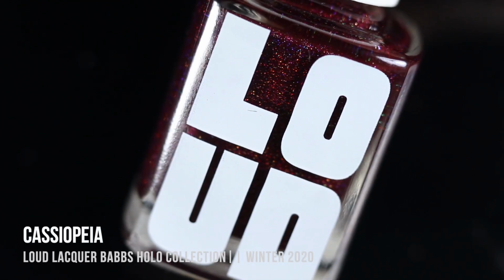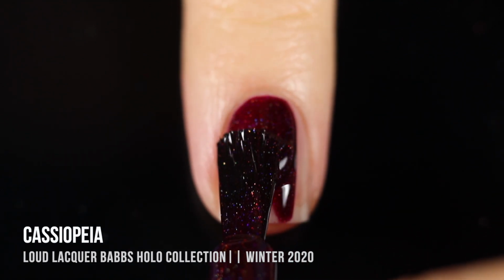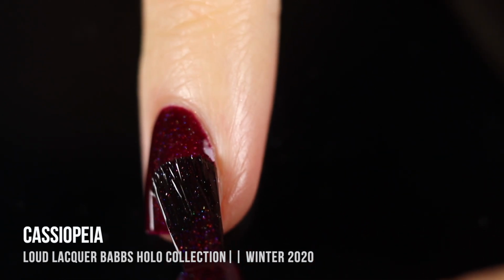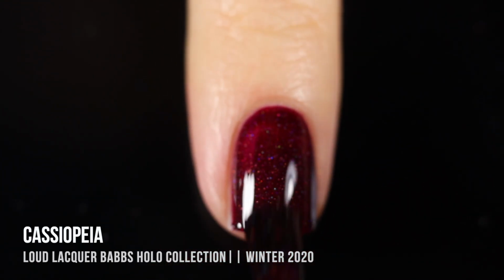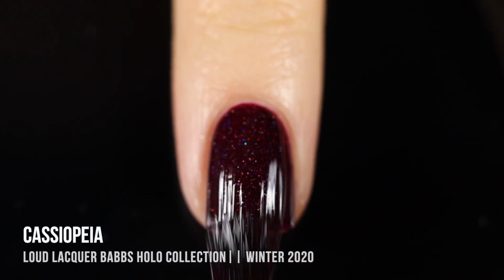Next up, we have the shade Cassiopeia, and this is a really beautiful wintry cranberry shade that has the holographic shimmer running throughout. This one is so gorgeous. I feel like this is a really beautiful holiday shade, but again, just a really perfect winter color that I could see myself wearing. I love rich jeweled tones like this in the winter, but I especially love when they have a little bit of holo sparkle running